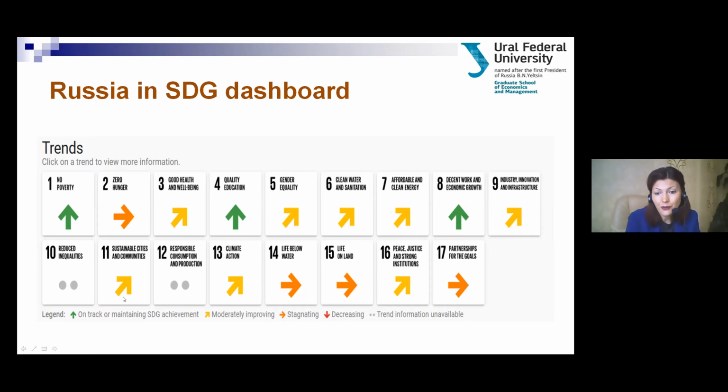But, well, at least we don't have decreasing trends. We have some stagnating: zero hunger, life below water, life on land, and partnerships for the goals, which actually means that there is no partnership because business has not yet discovered their positive outcomes for this